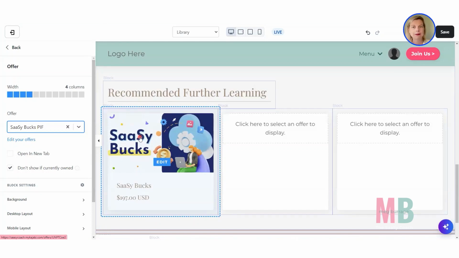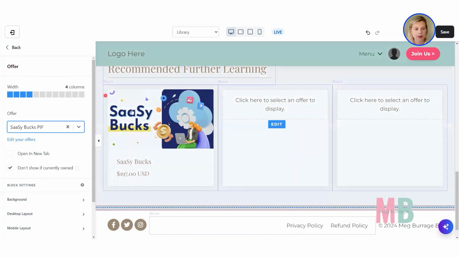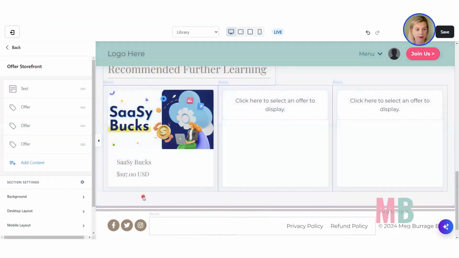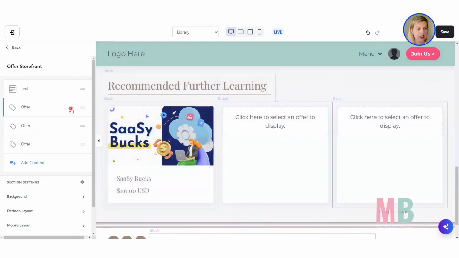But if it's something bigger, like a $1,000 signature course or even $500, you're probably going to want to send them to a sales page before you send them to the checkout so that they can learn more about it. Now, if that's the case, offer blocks are not going to be your best choice here. They have this great little feature where you can say, don't show it if people already own it, but they do have that downside of taking them straight to the checkout when perhaps you might want to send them to a sales page instead. So if that's the case, what I would do is I would actually not use offer